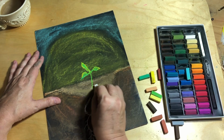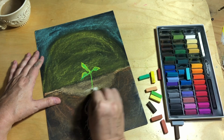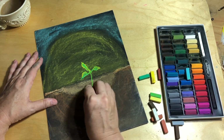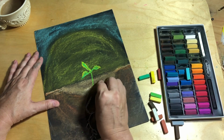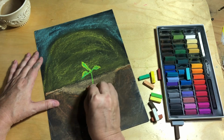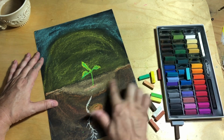Okay, and from here I'm going to add this little white line that's going to represent where it's coming up out of the earth, and bring some little lines toward me. Again, that just adds some depth to the picture. You can come in with some white and a little bit of light browns, because underneath the plant you may also have a little shade. It kind of gives it